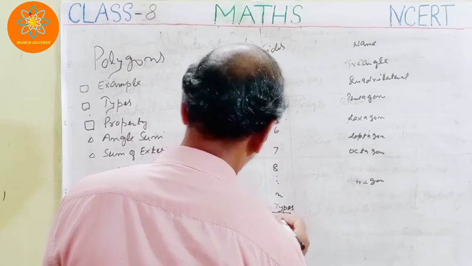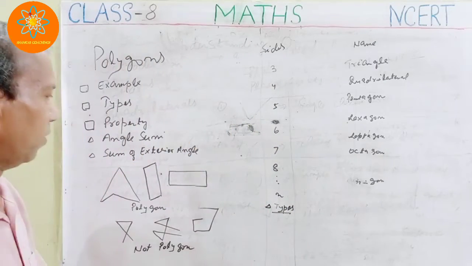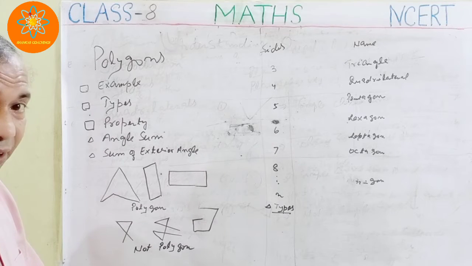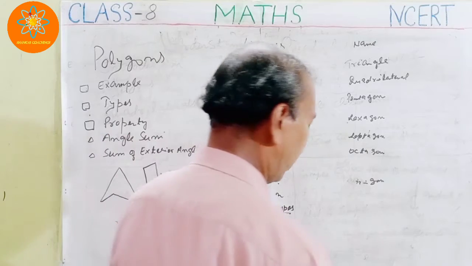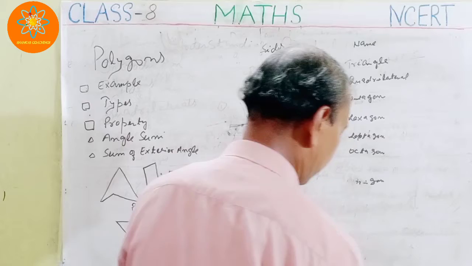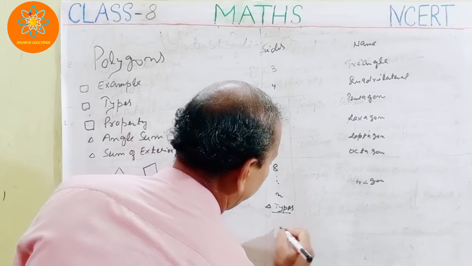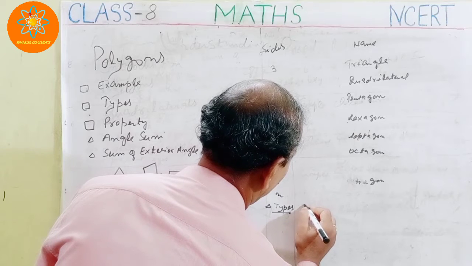In this, types, I have what? Concave and convex. Okay. So one is the concave and another is the convex. Okay. So suppose I am taking the types. First of all, let's suppose I am taking convex